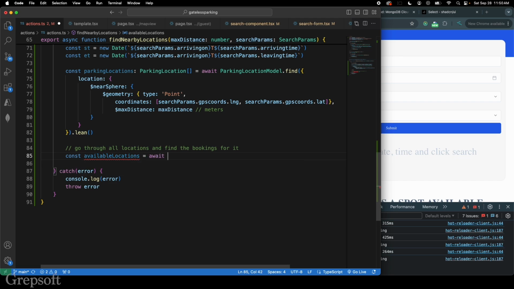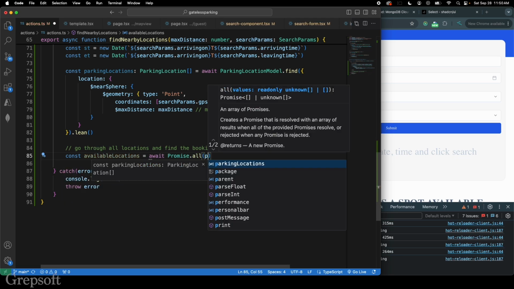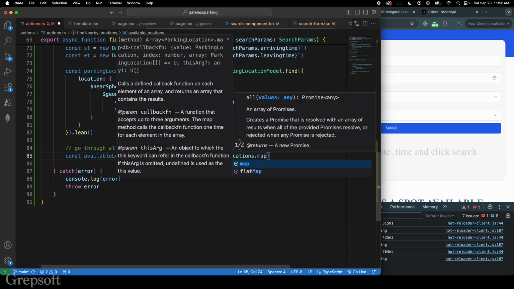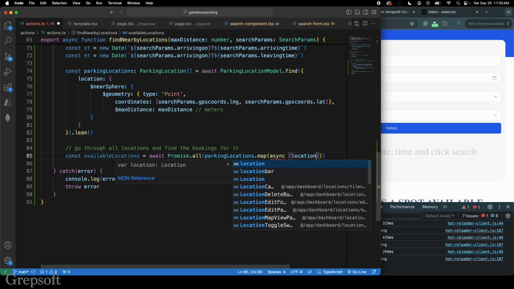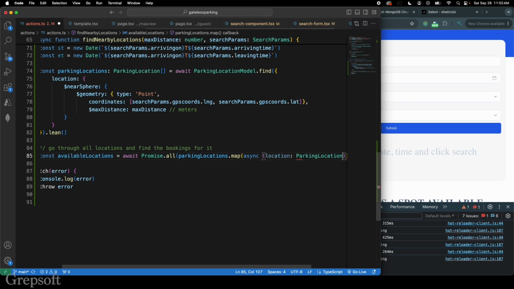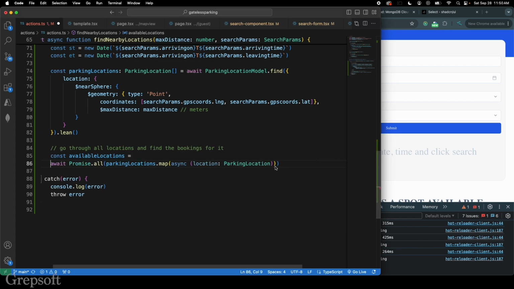Okay, is equal to await, and we're going to throw this in a Promise.all. Then we're going to do partnerLocations.map async, and it's going to be a location, a parking location. Let me put this on the next line so you can see what's going on. Then I will do something like this. Then we can do const bookings is equal to await